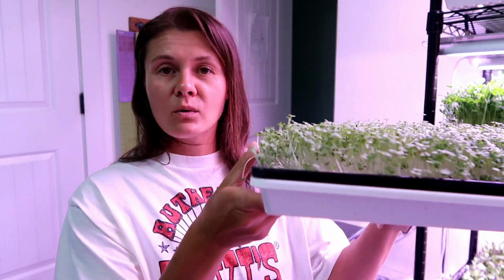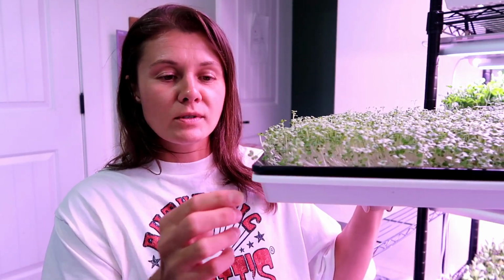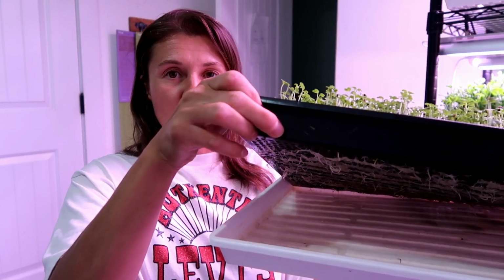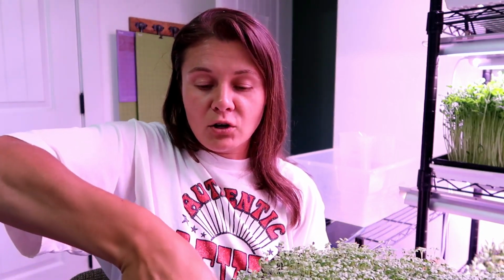So these are wasabi seeds. And what I do is I have a bottom tray here, which is the white one. Obviously this one does not have holes. And then I have a black tray on top of that one that is the mesh, see, like that. And then I use a silicone mat